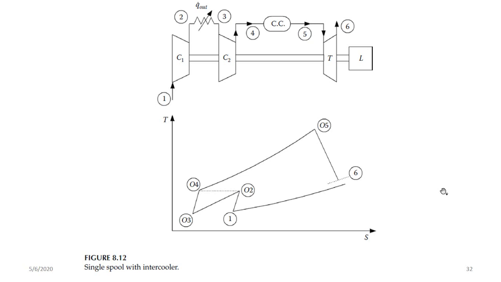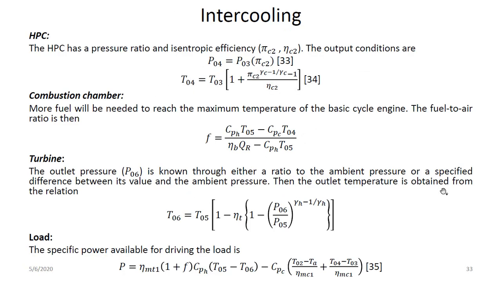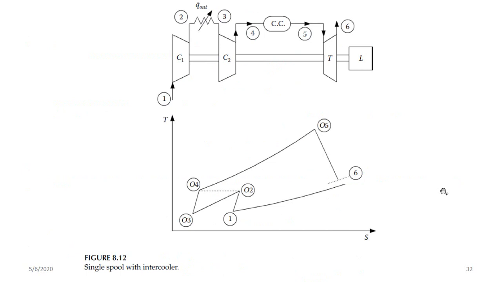Okay, so this is a sketch of an intercooler system where you've got an intercooler between the two compressors and everything else stays the same, and we can calculate the exit pressure, P4. So P4 is exit to the second compressor but entry to the combustion chamber,